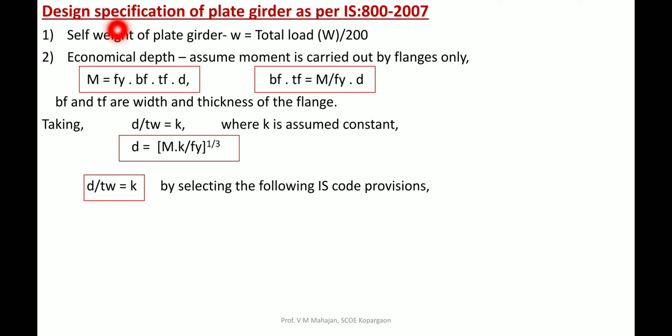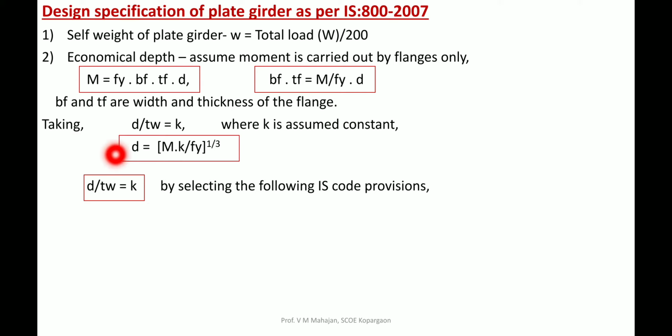Then the design specification of the plate girder as per IS 800:2007. First of all, we are going to find out the self weight of the plate girder, designated by W, equal to the total load. W is equal to 200. Then second is the economical depth. Here we assume the moment is carried by the flanges only. So M is equal to Fy into Bf into Tf into D, so Bf into Tf is equal to M divided by Fy into D,